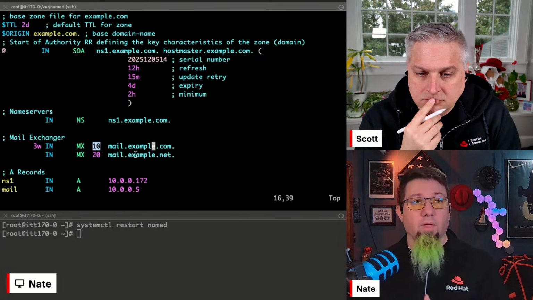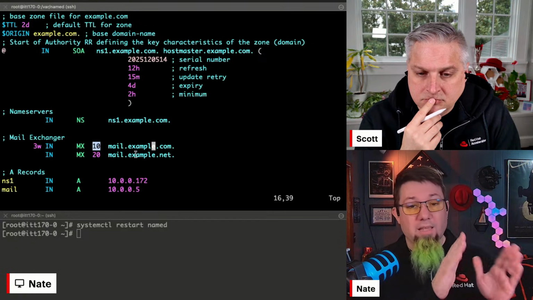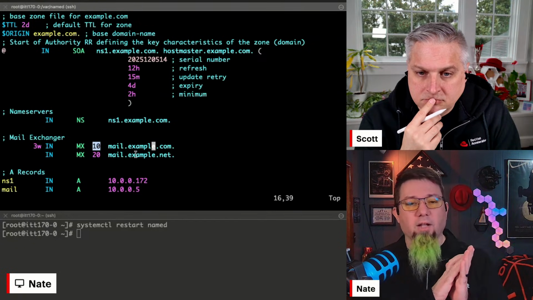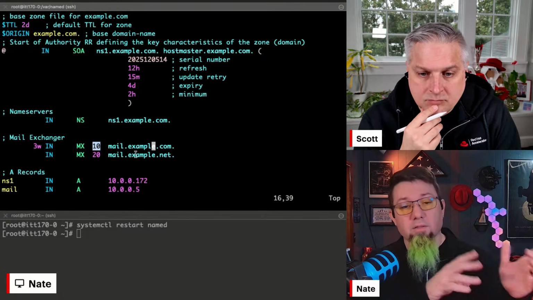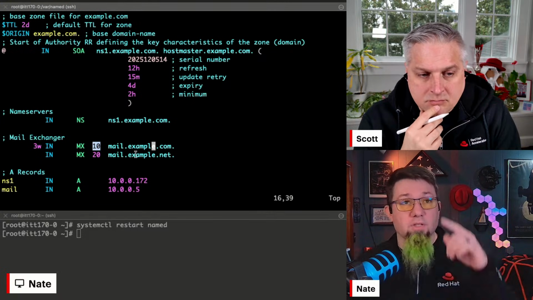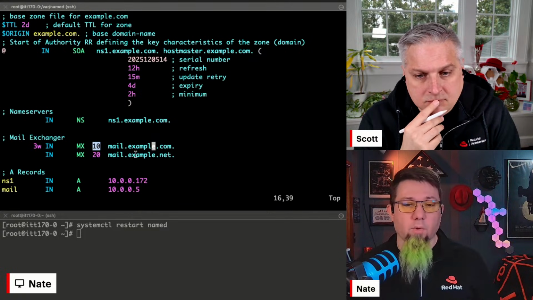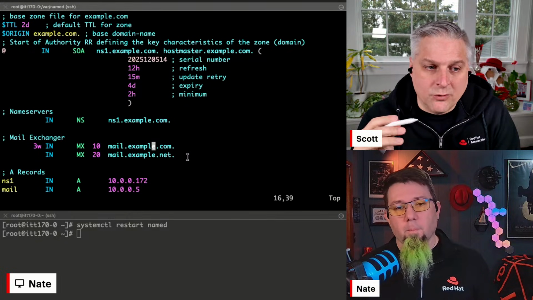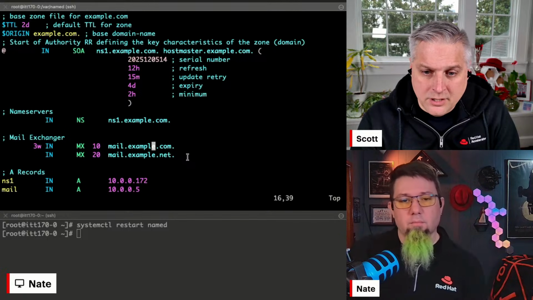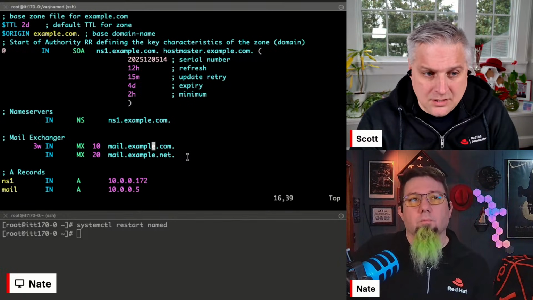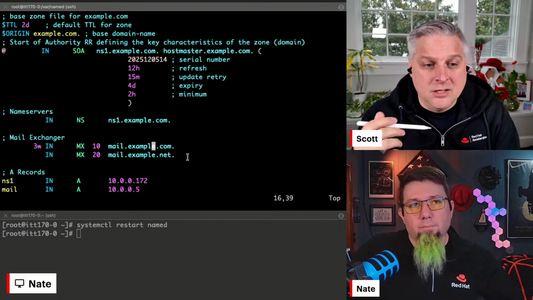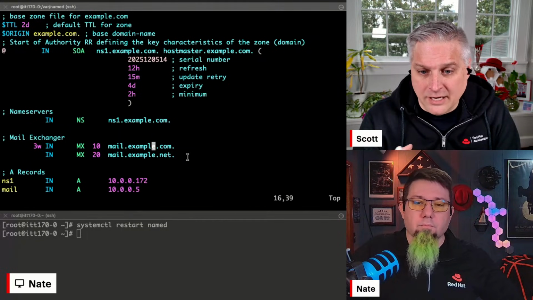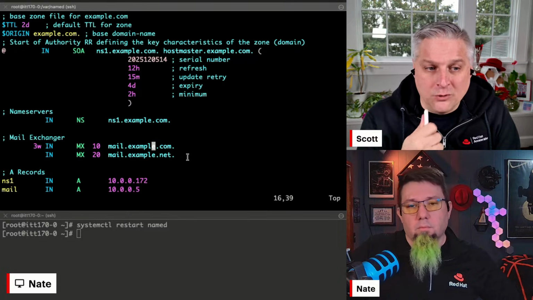And different things will handle that number differently, right? So you're talking about an email exchange there. That's logic that's kind of built into the mail exchanger or the MTA that's delivering mail. But there are other cases where you can specify a priority on different types of records that are within your zone file as well. It's the exact same format. And so for the priority, the lower the number, the more important it is. So mail.example.com is the preferred one. If you're unable to contact that machine, mail.example.net is your fallback, because it has a less important priority.